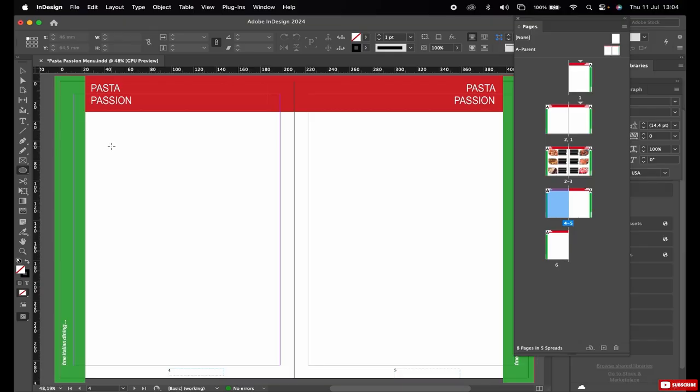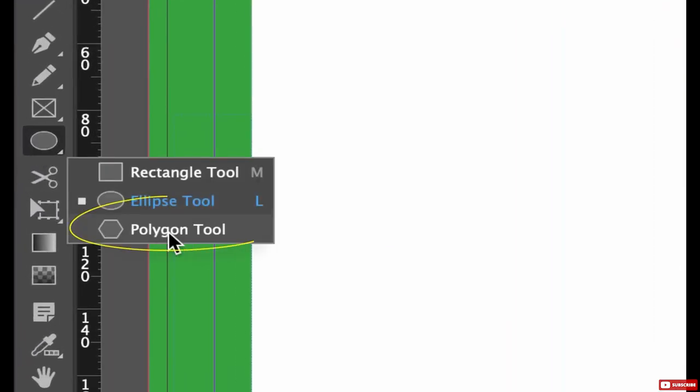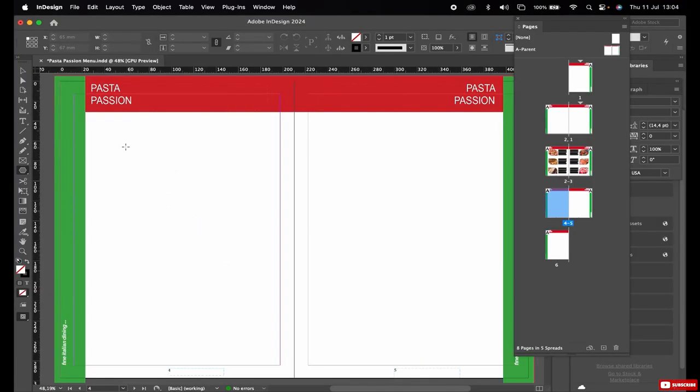Very similar principle. We can simply click and drag our mouse and we have an ellipse. Should you hold the shift key, you will constrain it to a perfect circle. The other tool that is located within this menu is the polygon tool. So by default, we can click and drag out a 6-sided polygon. You can then hold the shift key if you wish to constrain it, but we have an additional modifier key